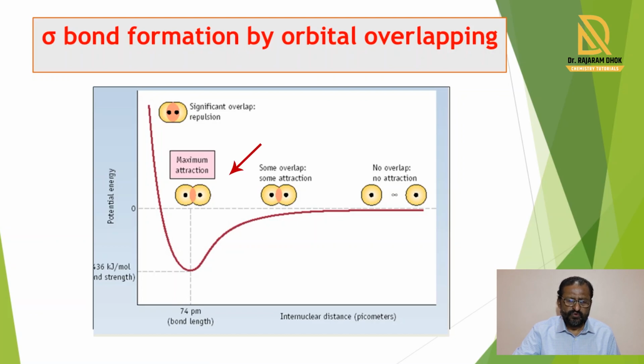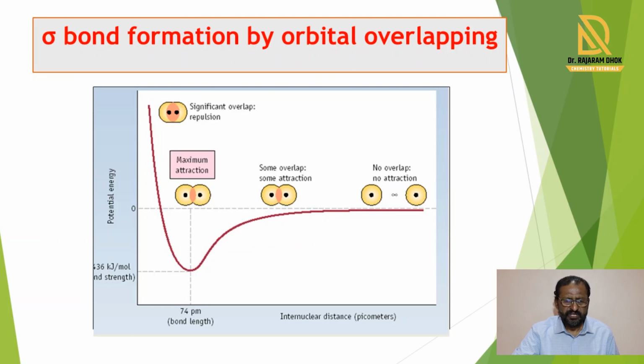In the left side two hydrogen atoms, you see the hydrogen atoms overlap with each other to the maximum extent, and at that time there is maximum overlapping and the bond is stable. When the bond becomes stable, the energy of the molecule is decreased and it is shown by this lower graph. So this lower peak shows that this molecule is stable and its energy decreases, and that is called bonding molecular orbitals.